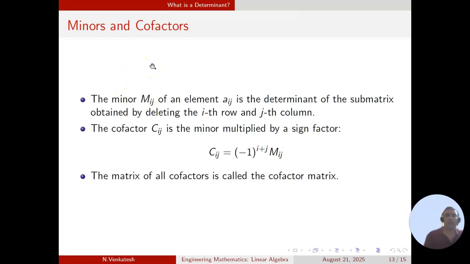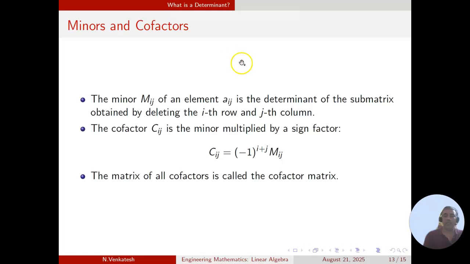So how we are going to calculate determinant of a matrix is by using minors and cofactors. First let us define what is minor. So minor is defined for an element in that matrix, A of ij. We have to take the determinant of a submatrix by deleting the ith row and jth column of that matrix. So whichever element you are calculating the minor for, let us consider that element as A of ij. You remove ith row and jth column from that,